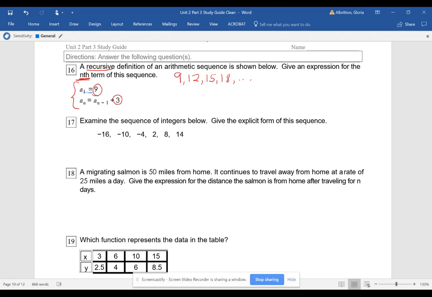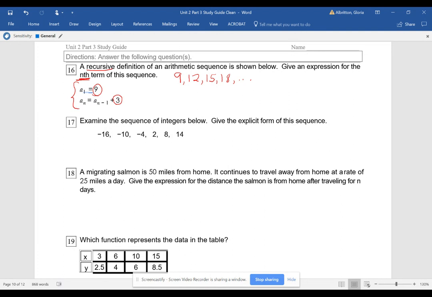We could actually take the information that we have, which is the 9, 12, 15, 18, and we could put that into a table, a linear table, an XY table, and find the slope and the y-intercept. That is not a bad way to do it because you're familiar with tables. Another way we could do this is we could take it out of recursive formula and put this into an